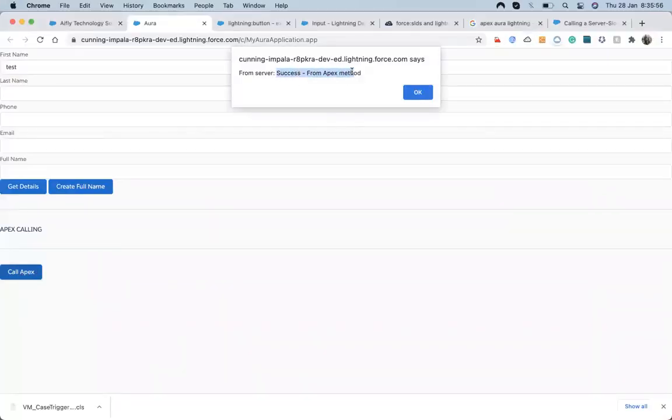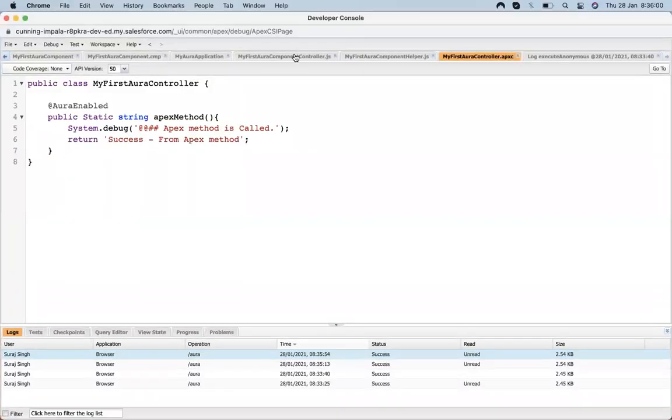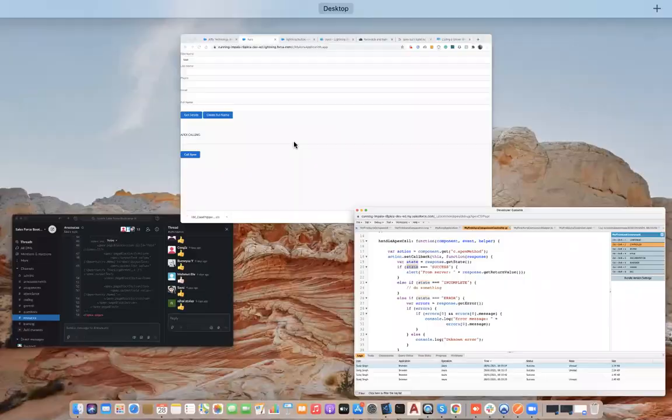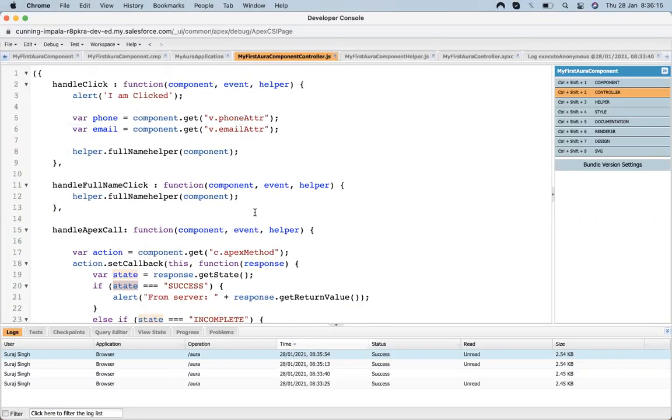Actually, it is returned from there. No. Its success is state. State is a different thing. Okay, so in this way we are calling a method from an Apex and getting a response from an Apex.